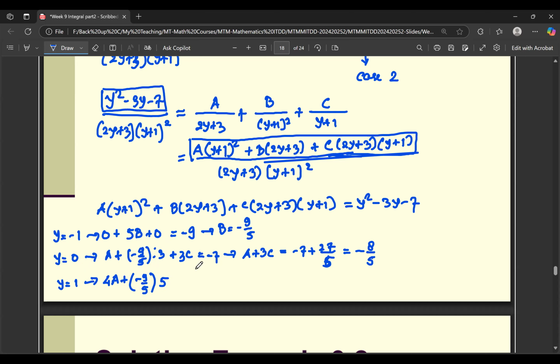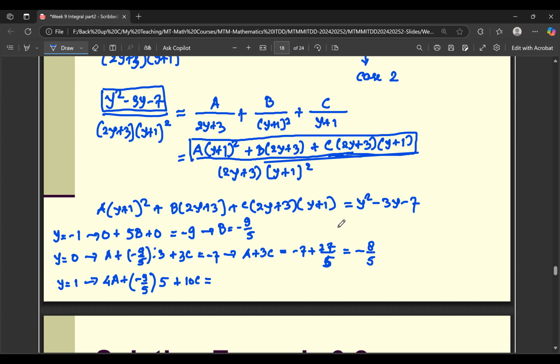And plus this is 5 times 2 will be 10, 10C, and this is equal to 1 minus,